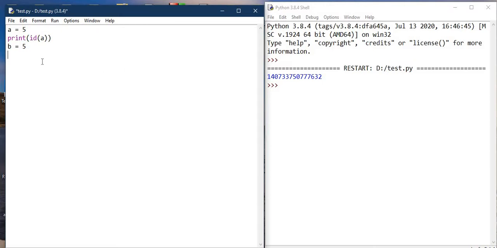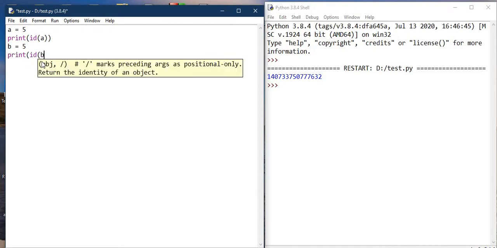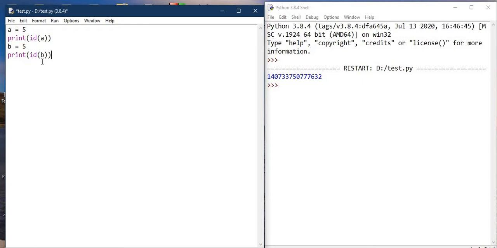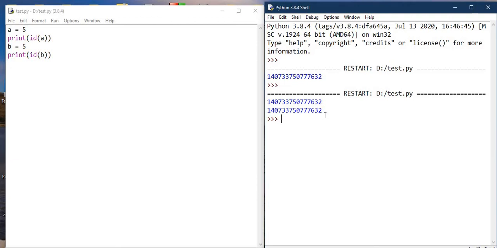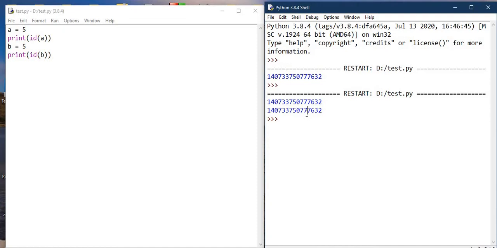So if we want to prove this point, let's print the ID of B. So if we print ID of B, here you can see we are printing the ID of two different variables, A and B, but the memory location of both is the same.